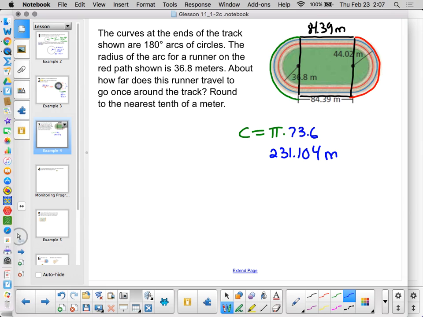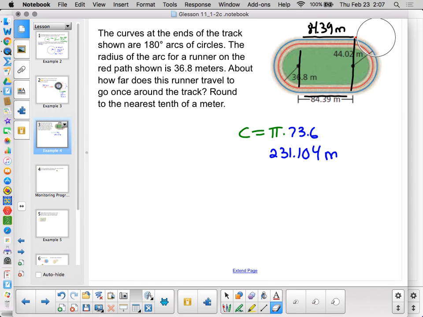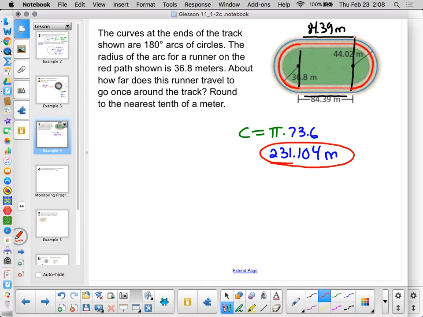Okay, now, since they're on the red track, and I've actually read the problem correctly this time, that's the same here as it is here. So actually, I'm going to put these two half circles together and use the whole circumference. So they travel this entire 231. Half of that 231 happens here. Half of that 231 happens here, plus the straightaways,